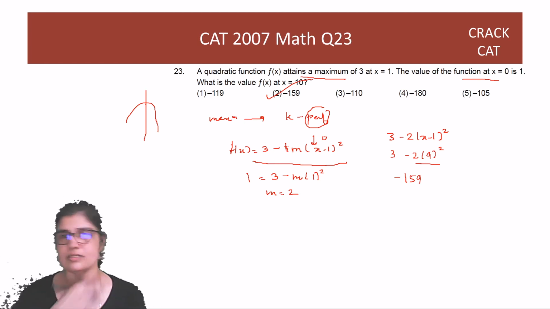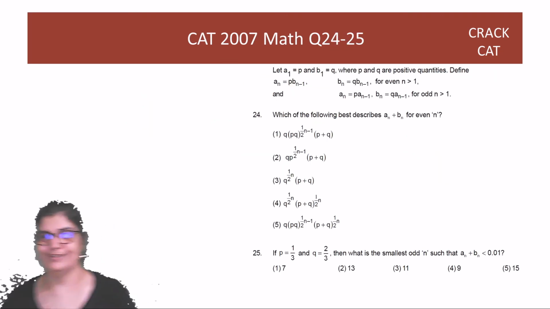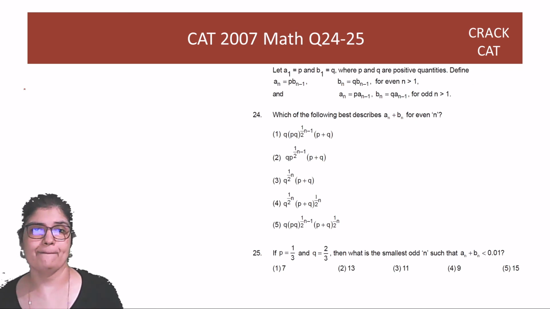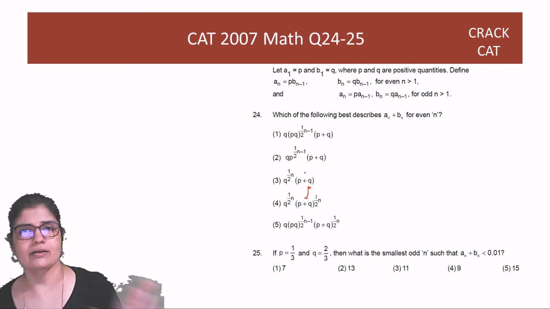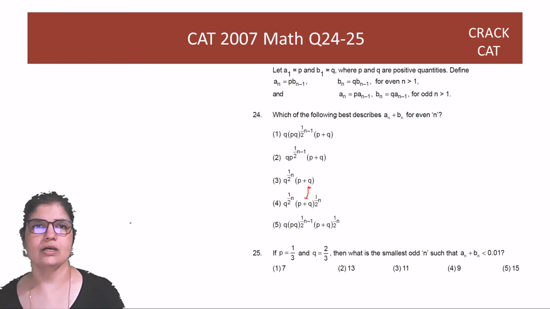Okay, so this is not a difficult question at all if you have the right fundamentals in place. 24th and 25th. Okay, so let's just evaluate. Already in one question we saw that substitution does not help. Correct? So we will have to find, here too, if you see, there are a lot of similar options. For example, this is 1 by 2 raised to n, and here also 1 by 2 raised to n, so if I put n equal to 2, for example, these two options become the same. So putting numbers is not going to work. We'll have to find a general pattern. Okay, so let us find out how the numbers are going to look.